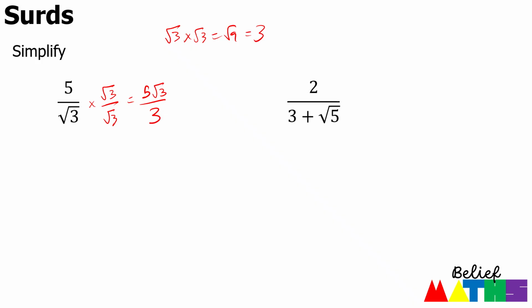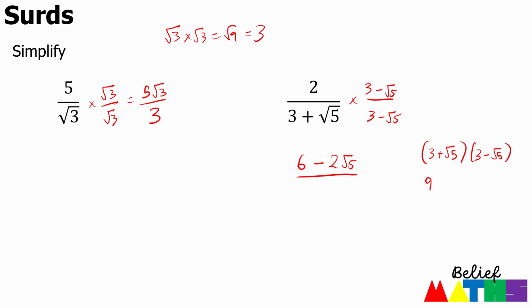In this case, because we've got an add, what we're actually going to multiply by is the same thing with a subtraction in the middle. And then when we expand that, we multiply the top and we get 2 times 3 is 6, and we get 2 times minus 5, which is minus 2 root 5. So minus 2 root 5 over. Now the bottom, you can expand it as brackets, but there is a shortcut which we'll look at. So if I expand those, I end up with 9 minus 3 root 5 plus 3 root 5 and then minus 5. These two will cancel out, and they will always cancel out,